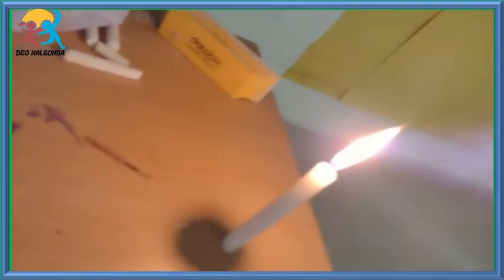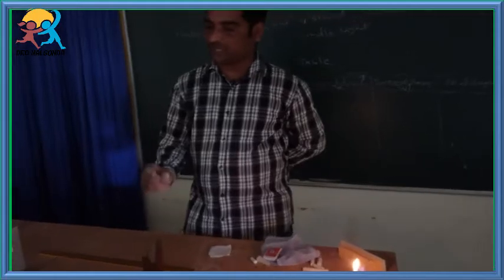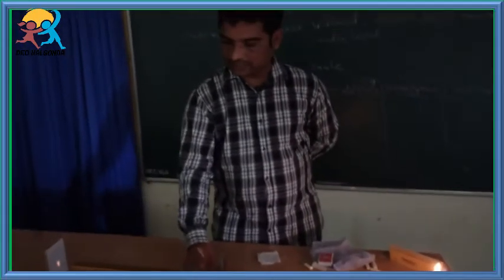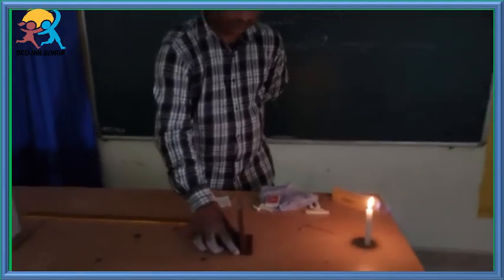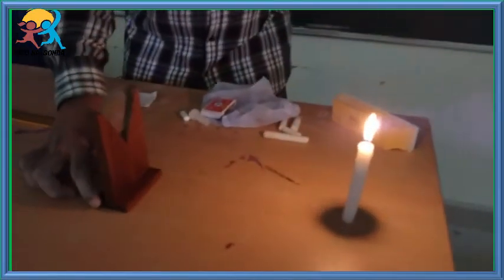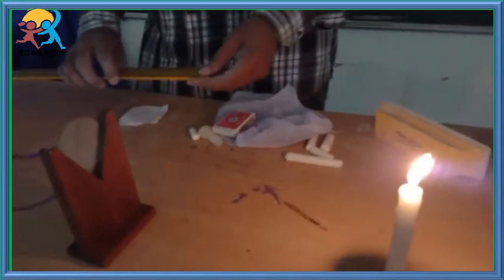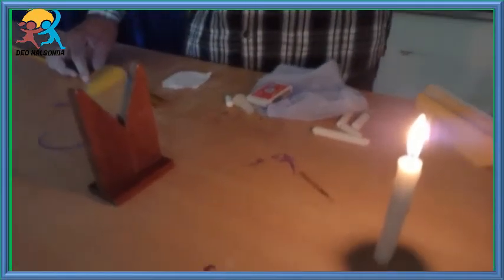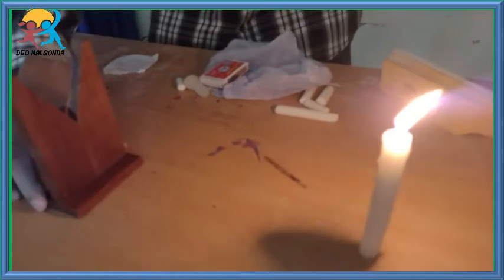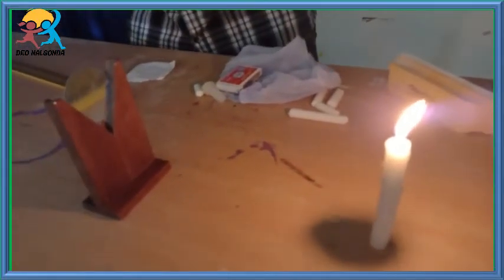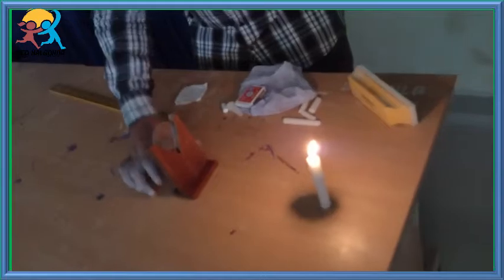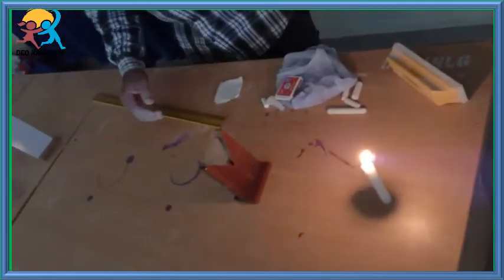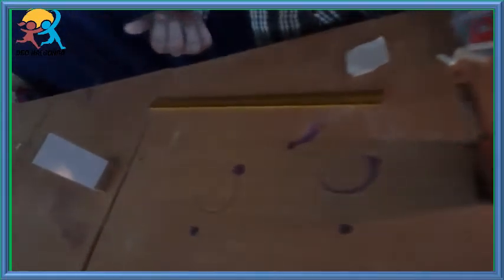Now we know in case 6 of the image formed by the convex lens, the image is virtual only when the object is placed between focus and optic center. See here. Now the focal length of this lens is approximately 25 centimeters. Now you cannot see any image here. Now we can see the virtual image from this side.